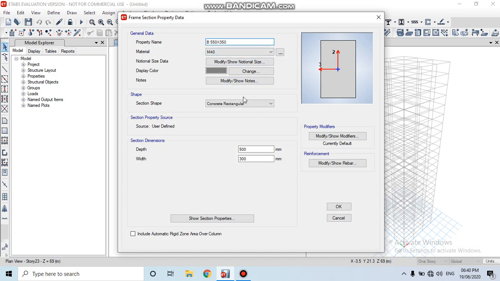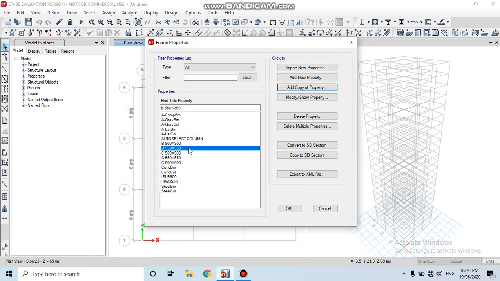And the material is M40. Here the dimension is changed as 550, and here width also is changed. Again next click on the OK. Here the beams 500 into 300 and 550 into 350 have been defined.